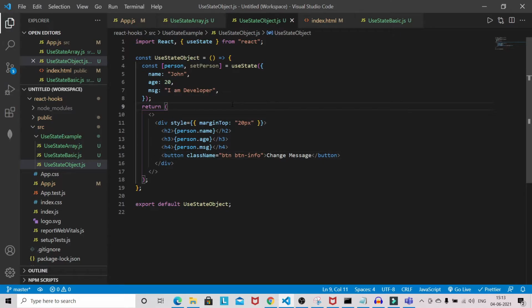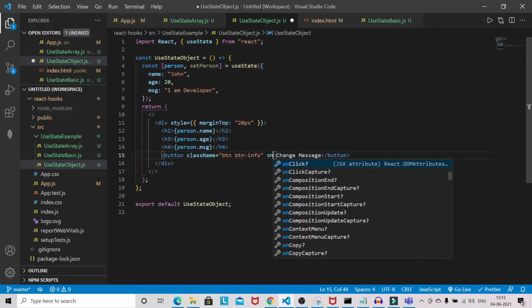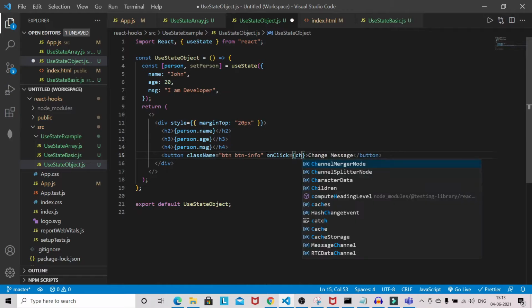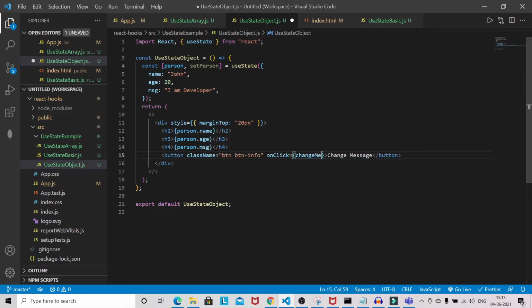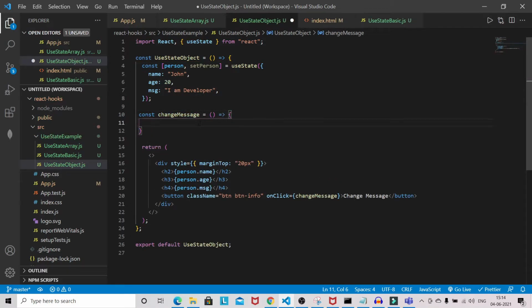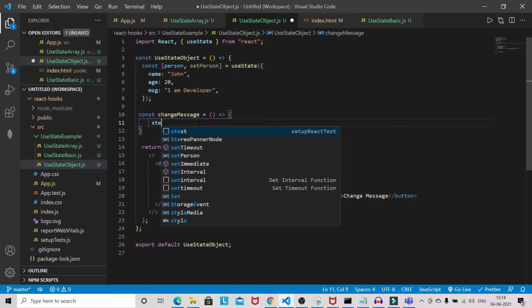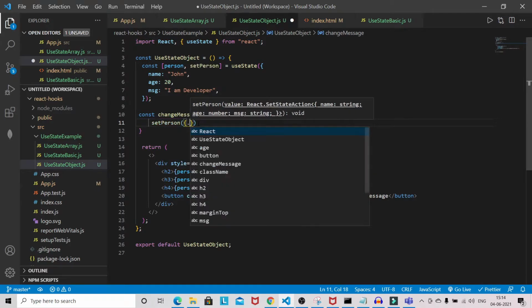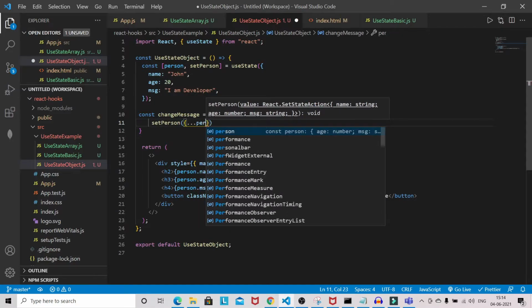So what we will do, we will write one handler. So on click, and I'll give the name like change message. Okay, we need to define this one. And you can use the set state here like this way, set person, and you need to basically spread out the person object.